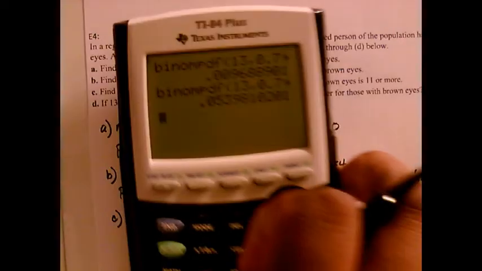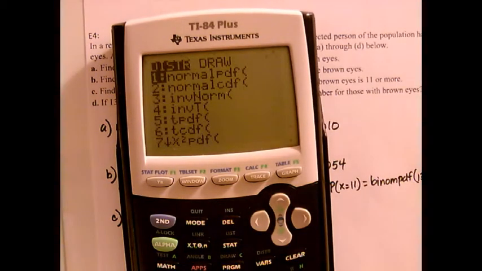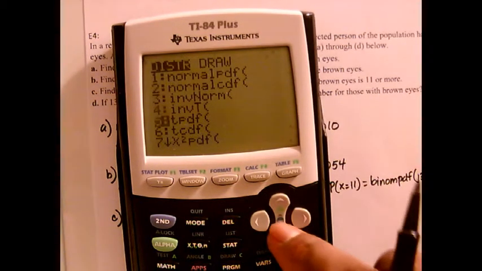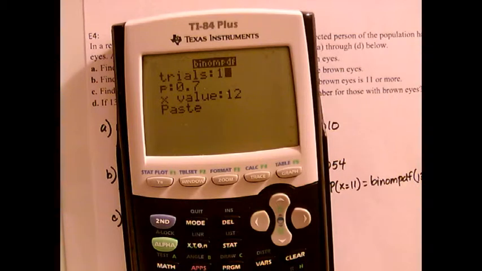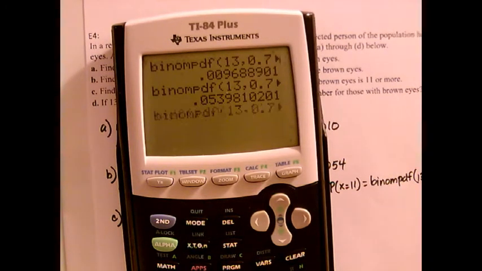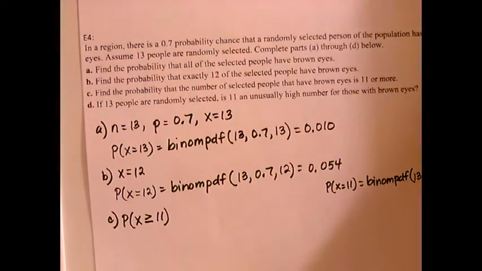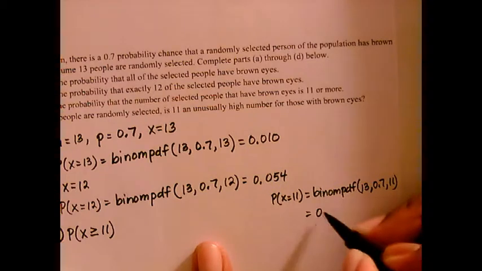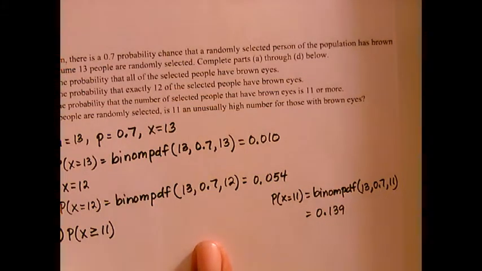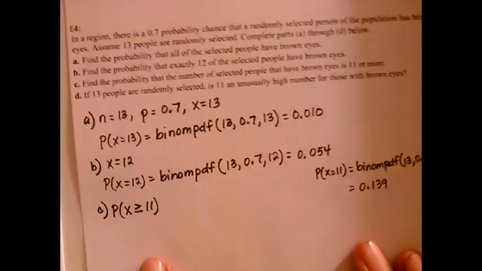So, using the calculator, second vars, hit your down arrow key to find binomial PDF. Number of trials is 13. The probability of success is 0.7. This time x is 11. Then hit enter 3 times. So it would be 0.139. So the probability of exactly 11 would be 0.139. Okay? And I had to find out what the probability of exactly 11 is, because in this case,